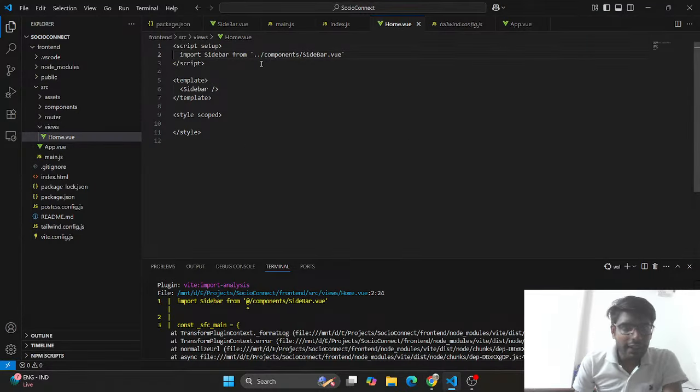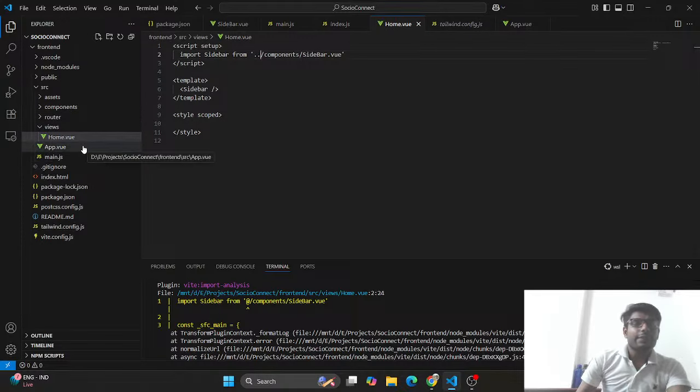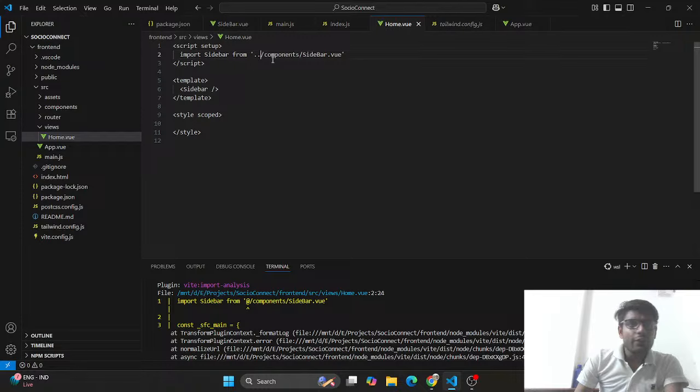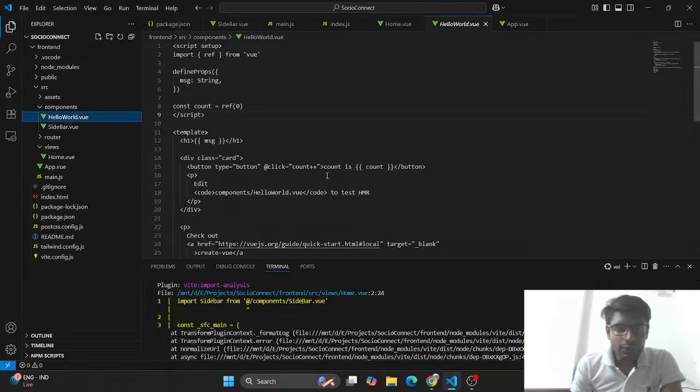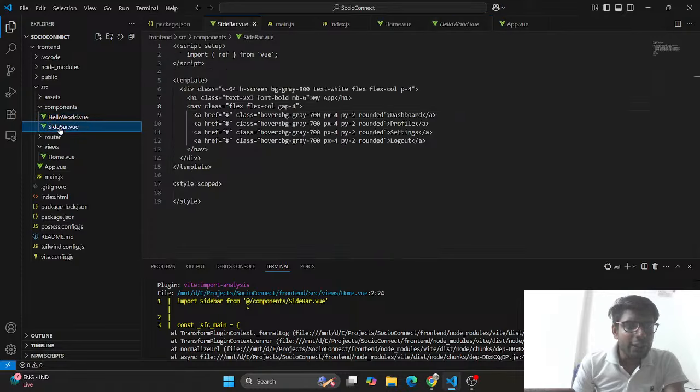Now it has been uploaded. So what happens is that double dot means you are going just above the folder. So we are in the views. Now we go to src. So now in the component, let's look at the side view, and we can see these things are displaying there,